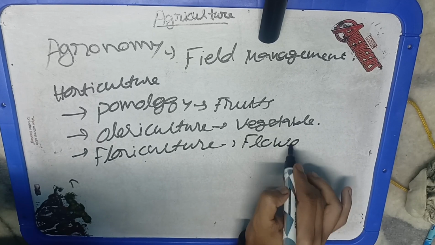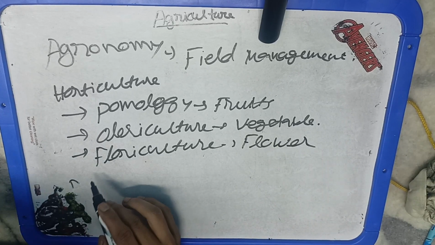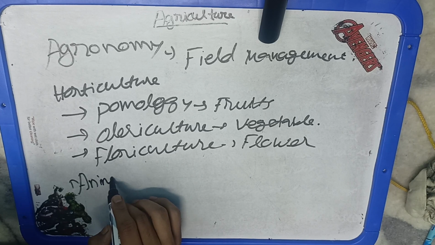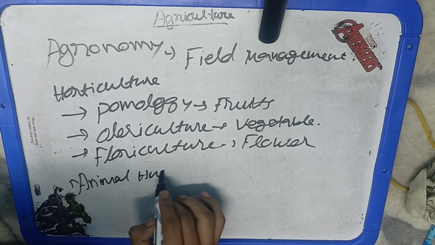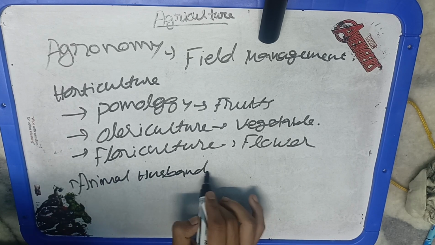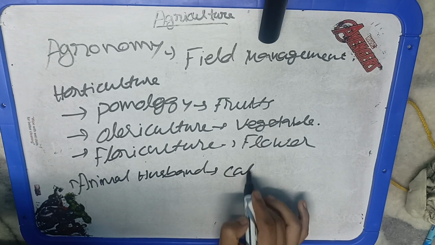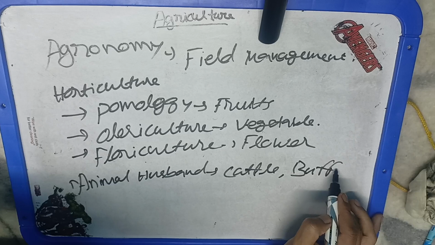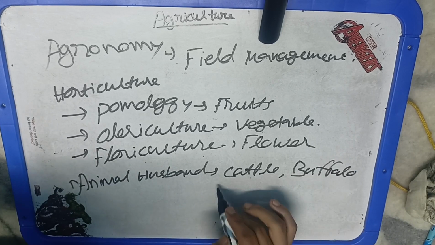Then is the animal husbandry. So, careful management of the animals which we are rearing for our own purpose or economic benefit. So, their care and their sustainable management is known as the animal husbandry. So, you can see it comprises of rearing of cattle, buffalo, sheep, goat, and other animals. Like in the swine husbandry, this is related to the pigs. Poultry is related to the chicken and the egg production.